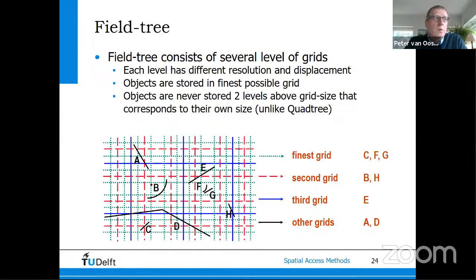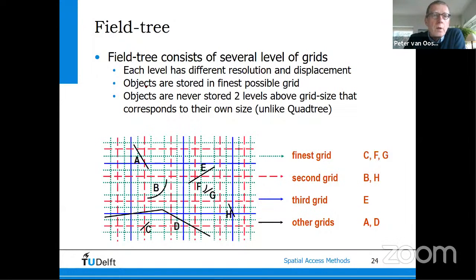So think back to the original Quadtree, and if you would have an object, a line or a polygon that is crossing the boundary of one of the top splitters, it will never get off that boundary because the boundary is on a fixed location. But if we switch the grid levels, the grids at different levels, then at one level the object may be crossing a boundary, but not at another level. And because of this